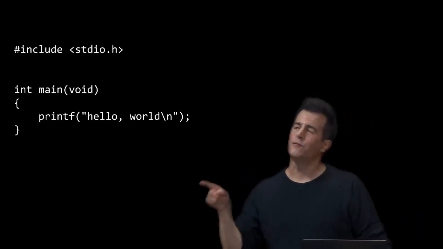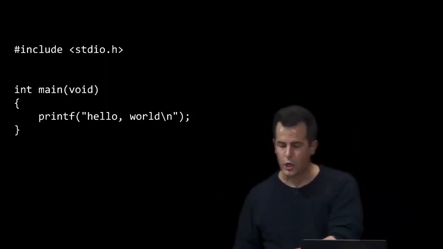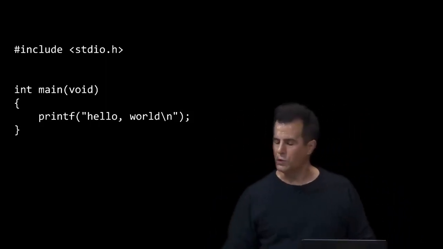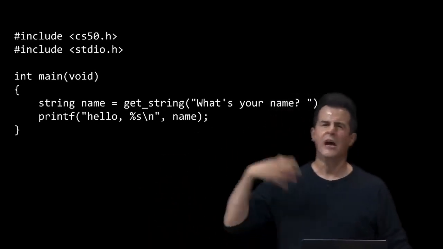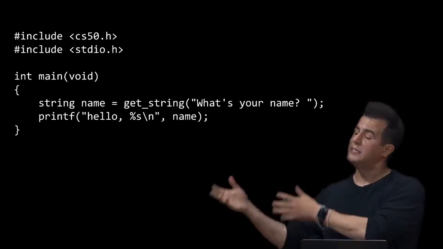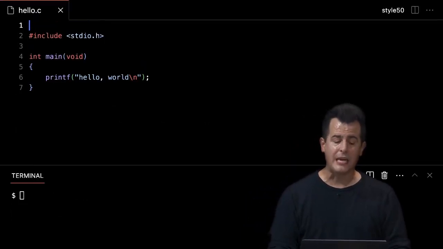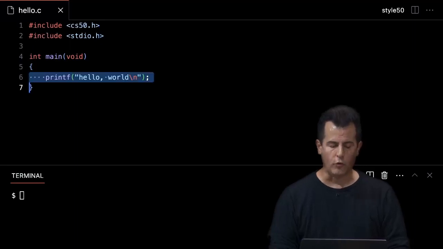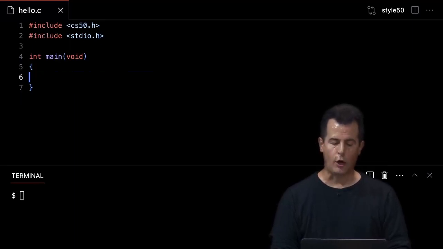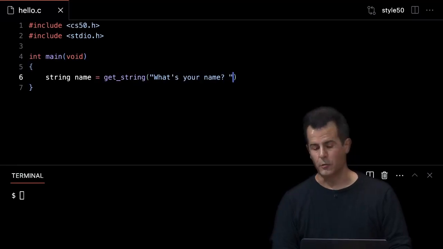But in fact, it gets even worse than that with commands like clang, or compilers in general, because consider this code here. Not just the first version of Hello World, but the second version, wherein last week I started to get user input by adding the CS50 library, using get_string, and then saying hello, comma, David. Well, if I go back to VS Code and modify this program, let me include cs50.h at the top. Let me get rid of this simple print line and instead give myself a string called name equals get_string, "What's your name?", just like we did in Scratch.